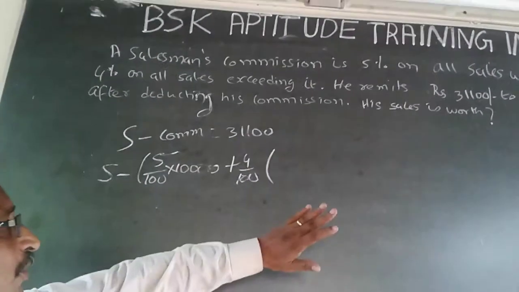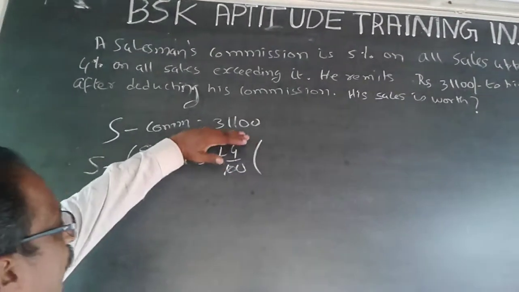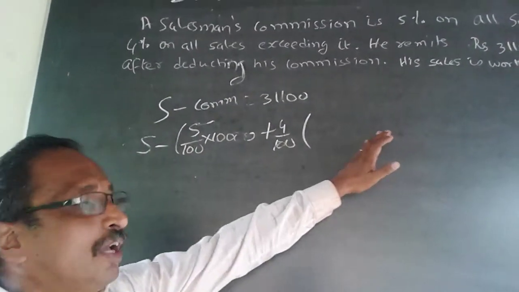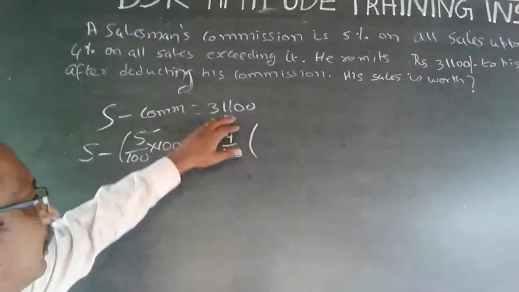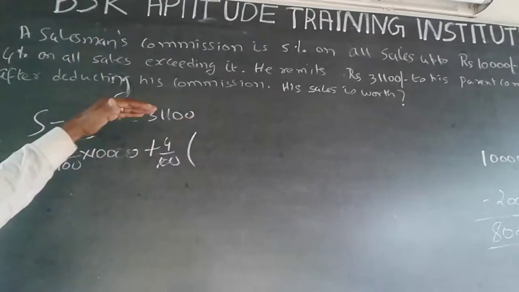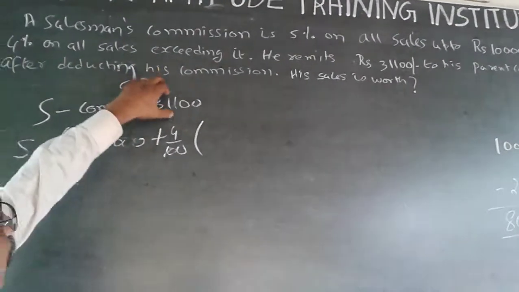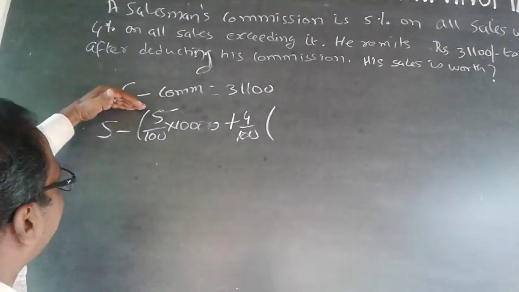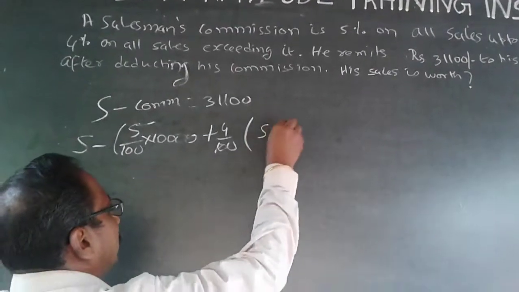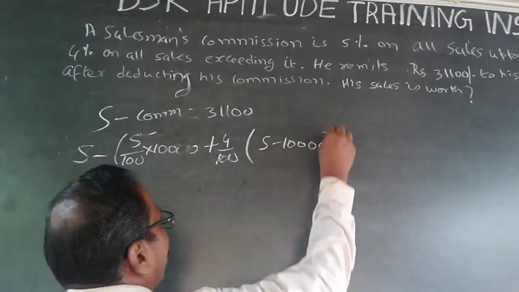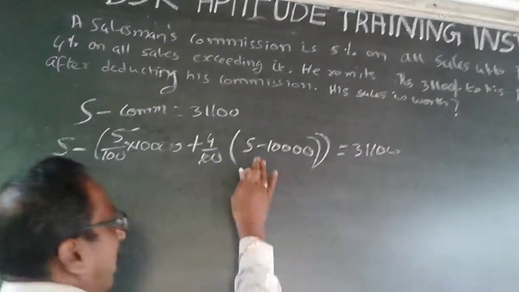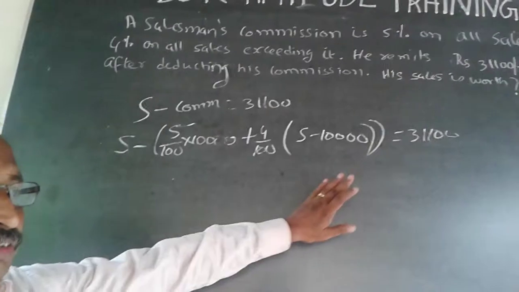So here many of my students have made a mistake. What they have done is, from 31,100 they deduct 10,000 and make it 21,100. Actually, this is not my total sales. This is the 8,000 that I send and not 10,000. So don't take commission on 21,100. Actually, on this sales, after 10,000 I get this much, on the remaining part, that means S minus 10,000. Many of my friends have made the mistake of writing 21,100 instead of S minus 10,000.